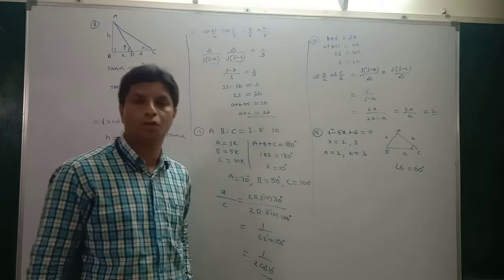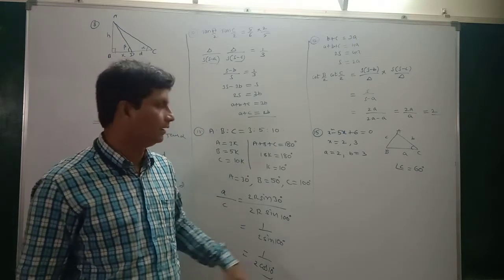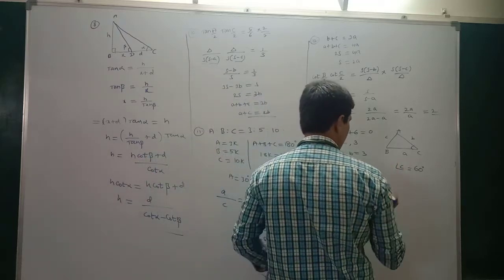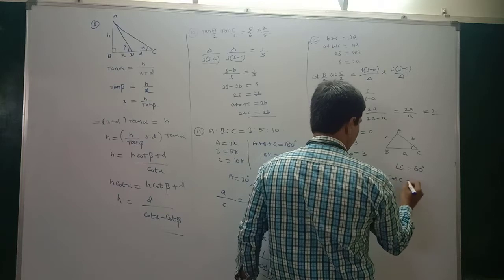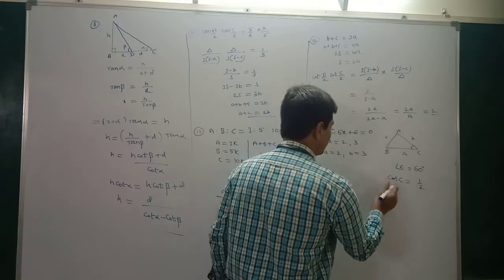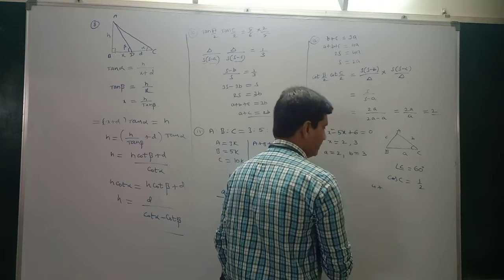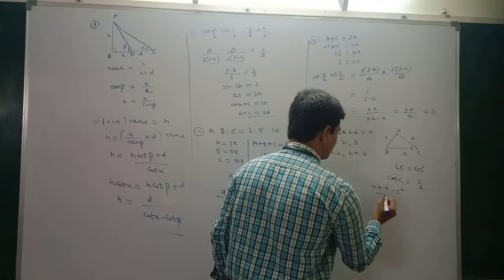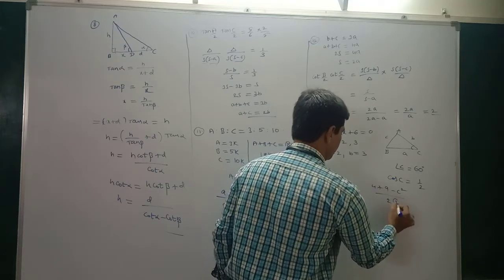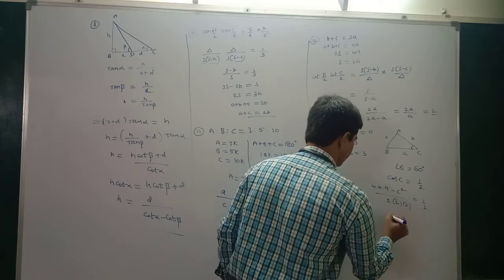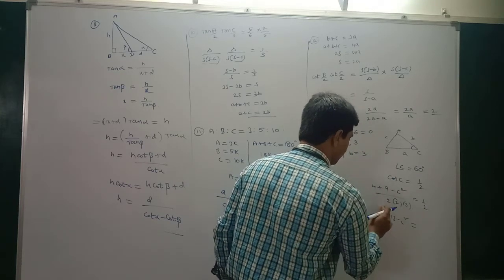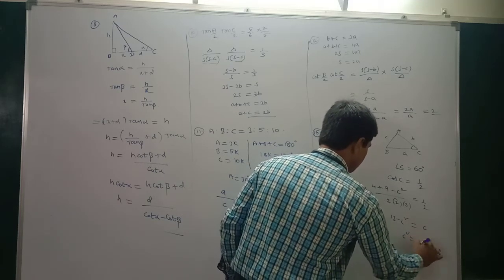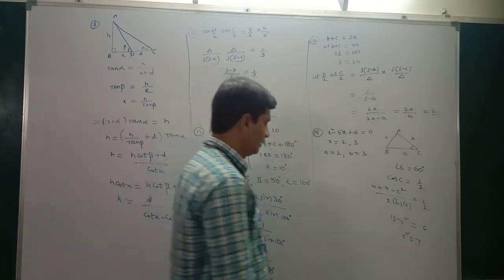Perimeter means what? 2s. That means a plus b plus c. Already we have a and b here. We have to get c. Apply the cosine rule directly. Cos C equal to cos 60, 1 by 2. Substitute here the cos C formula. A square, 2 square means 4, plus b square, 3 square, 9, minus c square; we don't know c. This is 2 into a into b, 2 into 3, equal to 1 by 2. So this is 13 minus c square; the 2 gets cancelled. How much will we get here? 6. C square equal to what? 7.